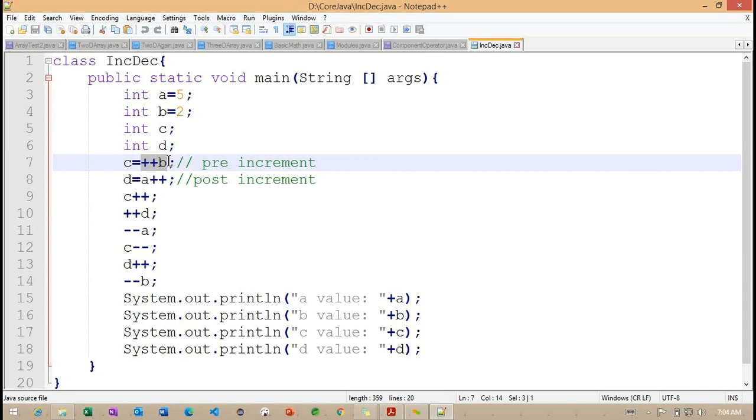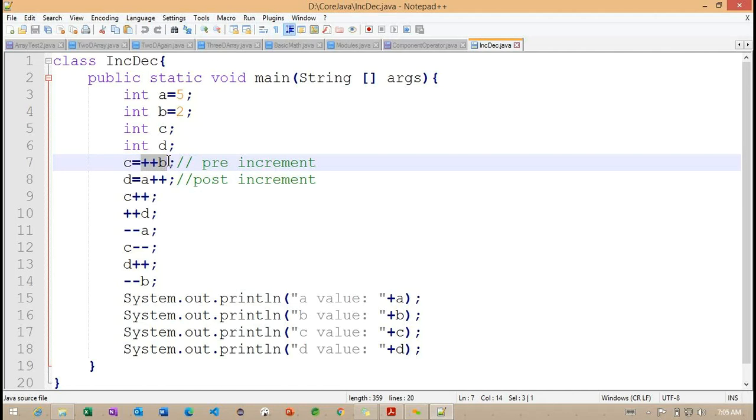The same way with post-increment: the operator performs the operation with the existing value, and after performing it, the value is going to increment. So this is the only difference between pre-increment and post-increment.